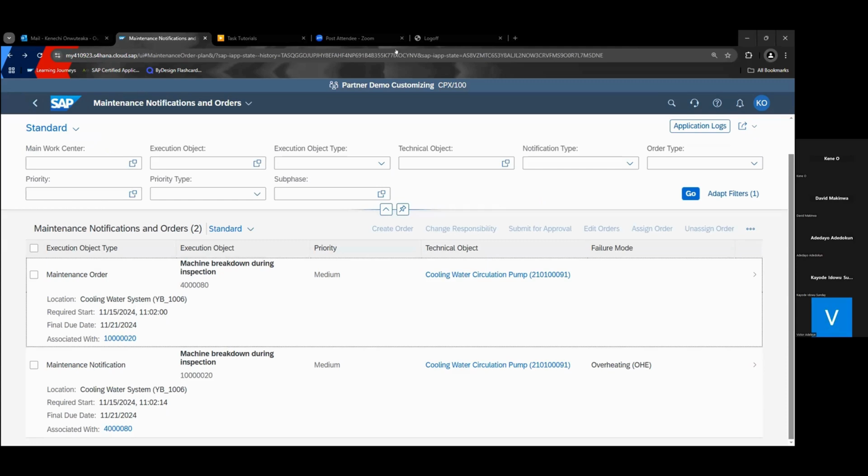There are still other maintenance processes. I mentioned the proactive, the overhaul, the improvement, which have their own specific processes. But for the reactive, which we are focused on, this is how the process is carried out.